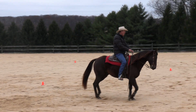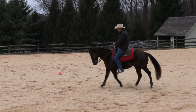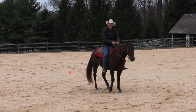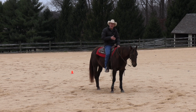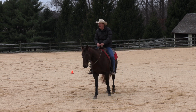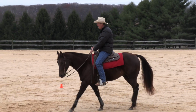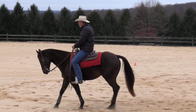And you can take that to a little higher level. If you take it over there, say, come to me, come to me, come to me. And you get a horse that's more maneuverable. That's a real useful button to have on your horse. And the whole pull to a point idea works in a variety of contexts. You can take your horse and pull to a point